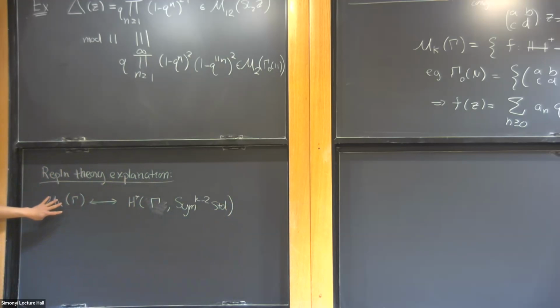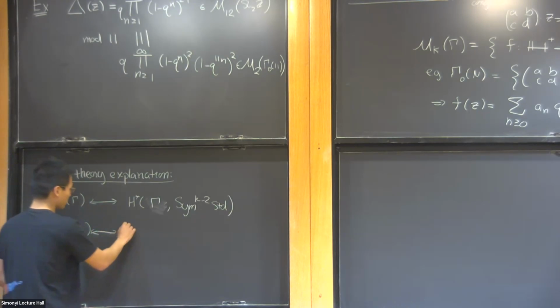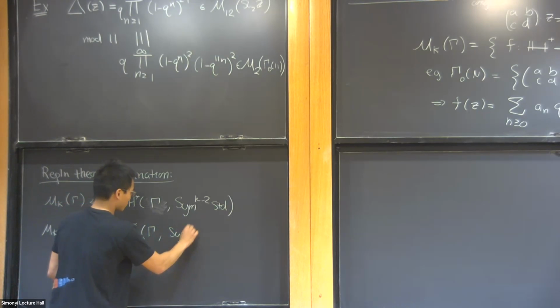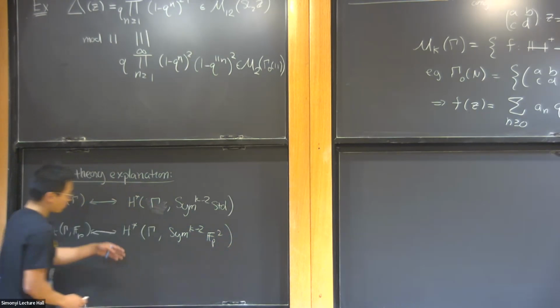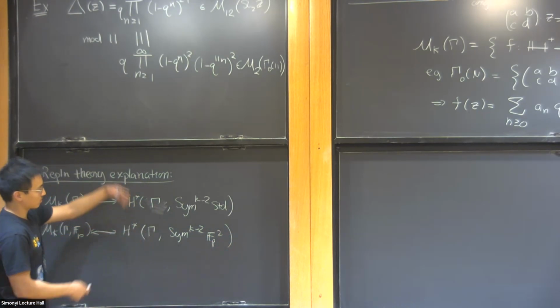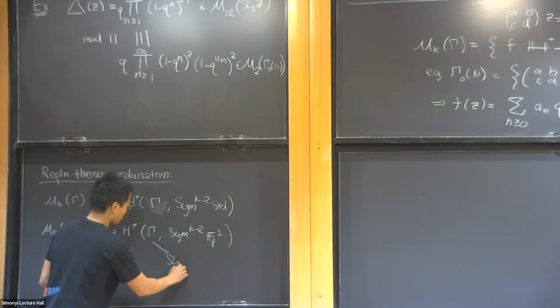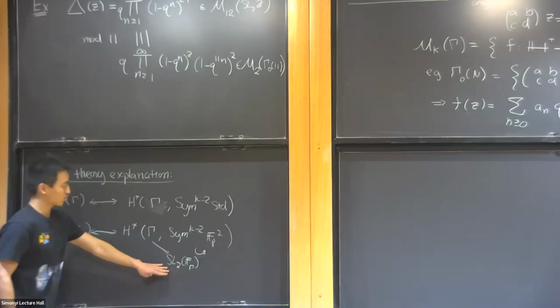And this holds over the complex numbers, it holds with integral coefficients, and in particular, if you look at this maybe mod p, it will still hold. And what you see there, so you take Sym^(k-2) of the standard representation over F_p, and now your group acting is some subgroup of SL2(Z), so an infinite group. The action factors through this finite group, SL2(F_p), and this finite group doesn't have that many different representations.